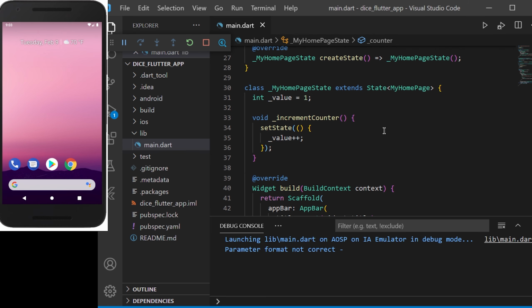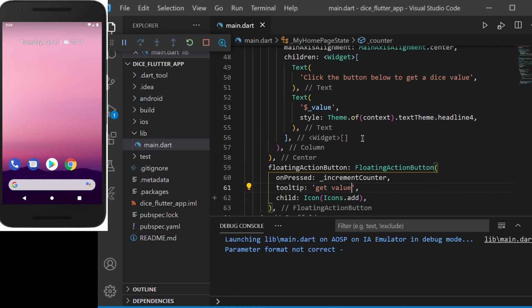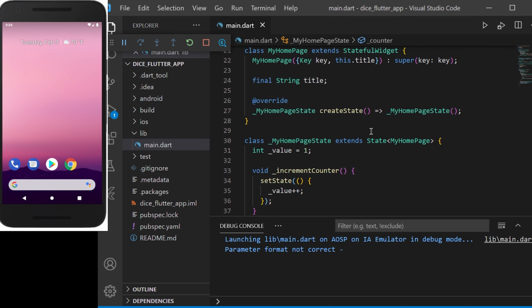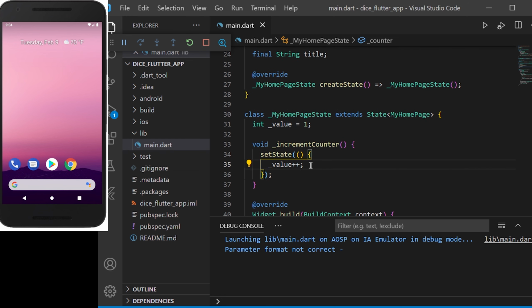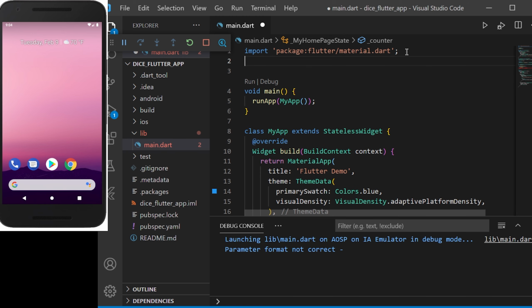Now I have to change the function which is basically the backend part for it. So it will be setting state or changing the state of this particular value whenever we are calling this function or whenever we are clicking on this floating action button. So I'll add the code part to it. What we need to do is create a random value from the values which are available. So I'll initialize a Random, and it is available inside Dart Math.